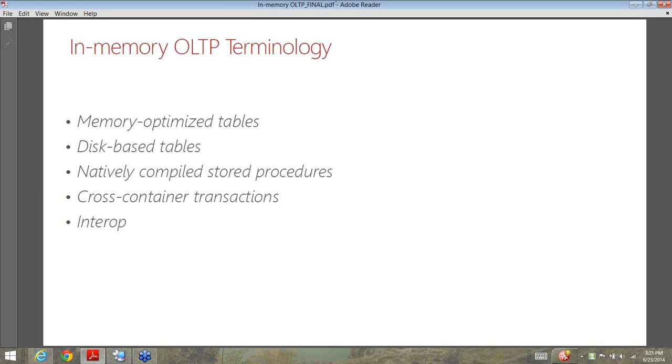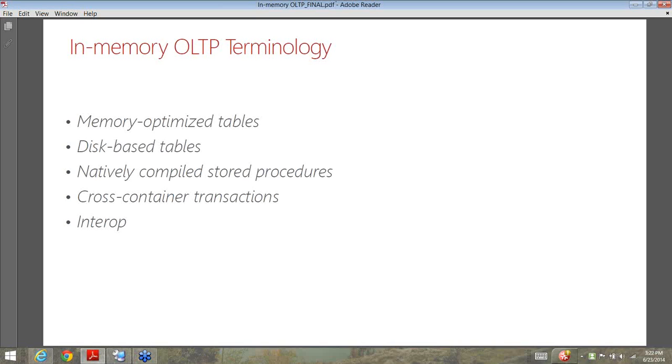Next is disk-based tables. So when I say disk-based tables, I'm referring to the alternatives to memory optimized tables, or I should say the tables that we have been using in the past, the traditional or the normal disk-based tables that we have been using in SQL, right? So those are called disk-based tables. It is done just to ensure that we are able to differentiate between the memory optimized tables and disk-based tables, right? Now, in disk-based tables, as most of you would be aware, it has pages of 8K, right? And that needs to be read from the disk and written back to the disk as a unit.